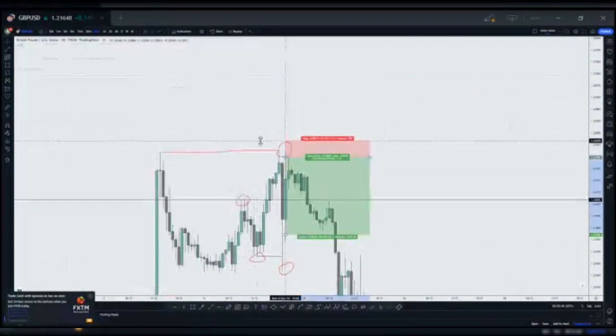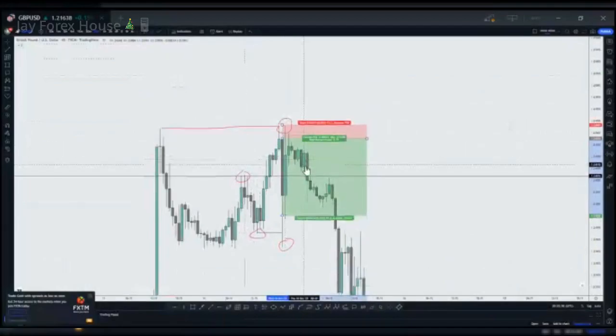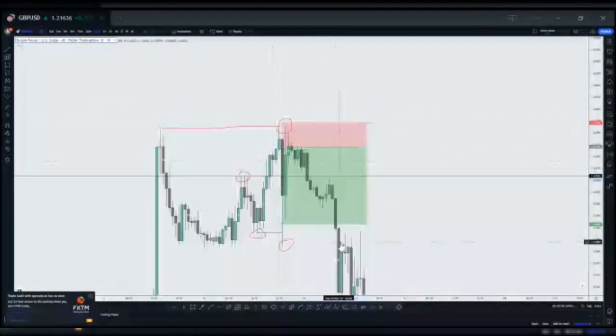Giving yourself 15 pips, 12 pips, 10 pips SL above this high. You could have waited for price to mitigate this full IPA candle. You would have still been in profit, and you could have refined that even more if you want. But this is what structure gave you after price cleared that